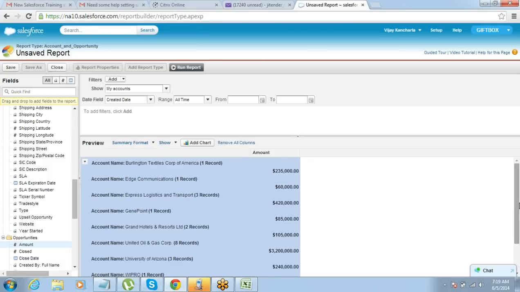Against each account I have summarized amount of opportunity. That is there, right? So this current report type includes account and opportunities, right? Details of accounts and opportunities have been covered because the report type was that. The report type that you are using here is account and opportunity, right?